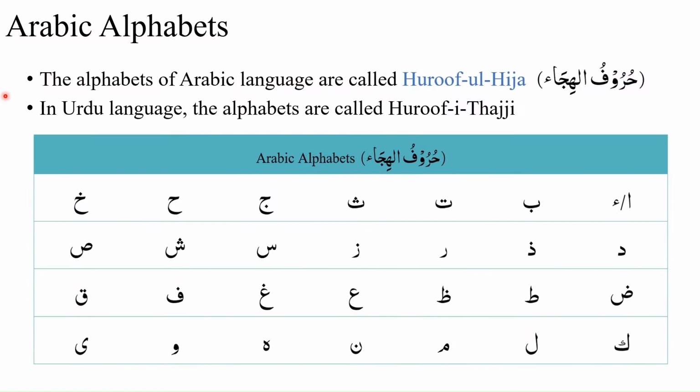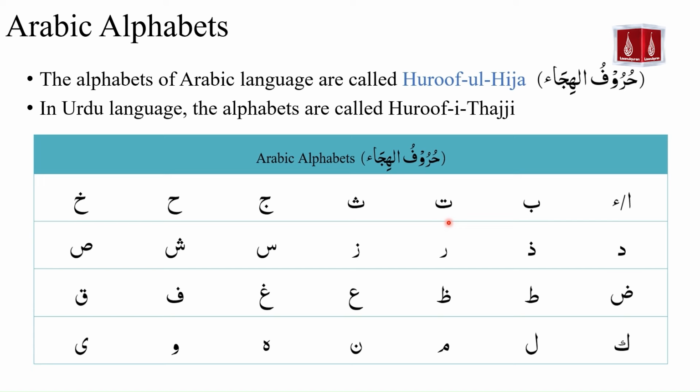Our first objective is to learn about the Arabic alphabets. The alphabets of Arabic language are called huruful hija. In Urdu, the alphabets are called huruf-e-tahajji. The following diagram shows a list of huruful hija or Arabic alphabets. We will look at these one by one to see how they are pronounced. We will start with Alif,